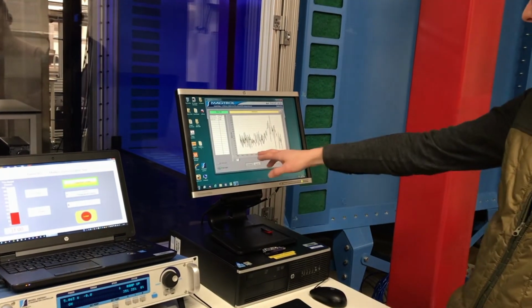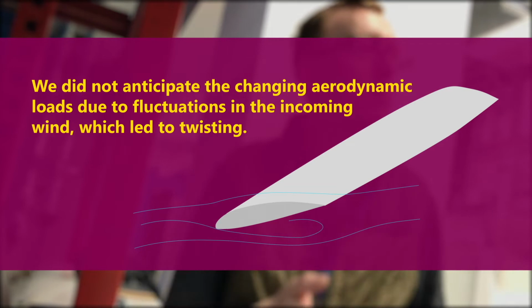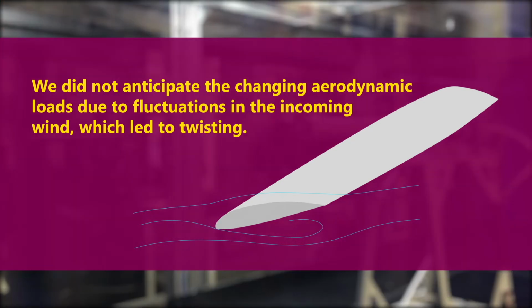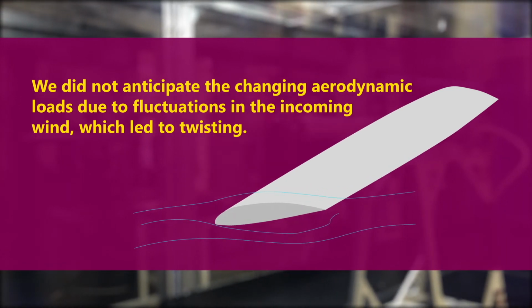We did manage to get a curve for 12 meters per second, but it didn't have a well-defined peak and showed a lot of fluctuation. This could have happened because the blades were deflecting and twisting as they were too long and not stiff enough. This would mean that the angle of attack changed and could have led to stalling in parts of the blade, reducing lift and causing the RPM to decrease. The blade would have then stabilized and the RPM would have returned to normal, causing the periodic nature of the